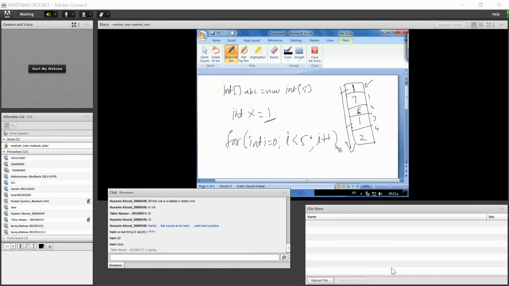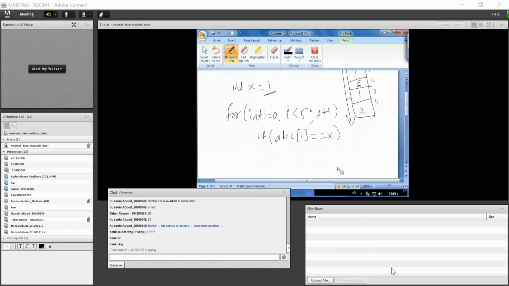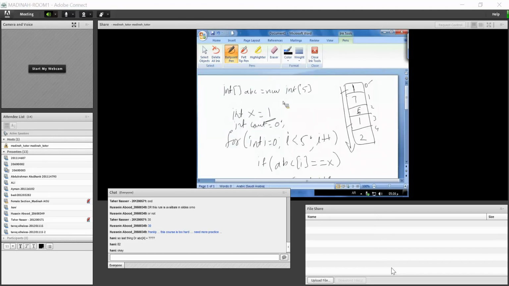Now if ABC of I is equal to x, then we say that it is found one time. So we'll use a counter here. Start the counter from 0. Int count is equal to 0. We increment the counter.